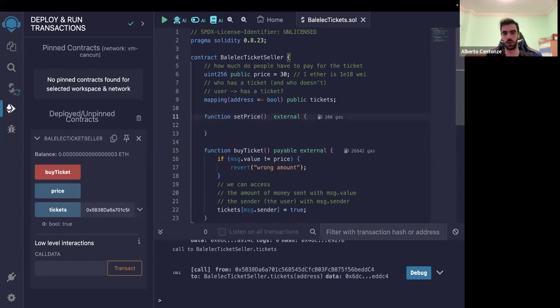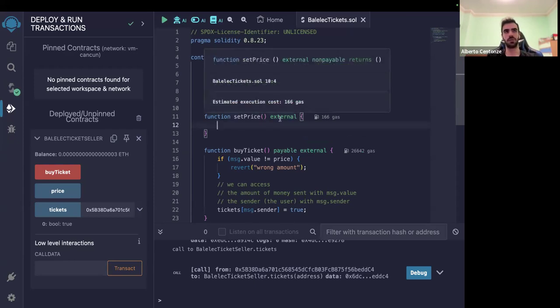And yeah, so if you make a function setPrice, we need to make it external because we need to have people be able to call it. But there's a big flaw here. We cannot allow everyone to call this function, otherwise we have a small problem. So what we can do here is that we can protect the function. How do we protect this function from being called by someone else that is not allowed to? We can do something very simple.